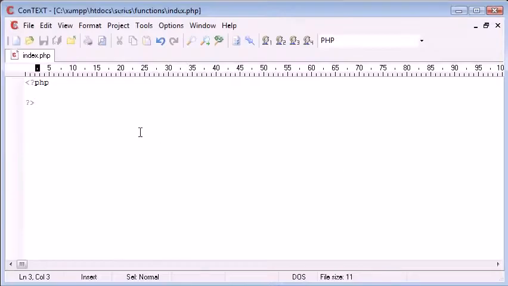Now in this tutorial I'm going to be talking about global variables and using them inside functions. You may come across the problem that when you're predefining variables outside of your functions and you're trying to use them within your functions, you might find that you're not getting any sort of response from this. The variable will not, you won't be able to do anything with it. So let's use the example